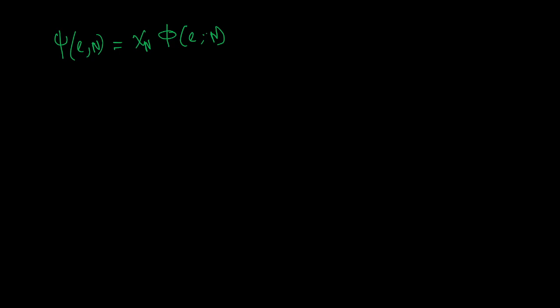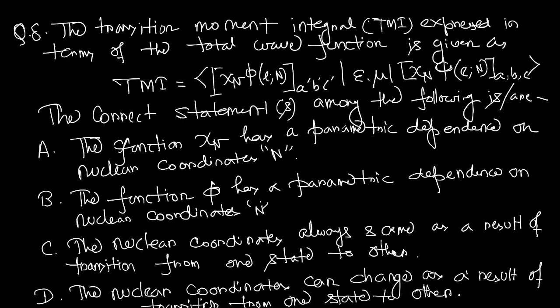So the nuclear coordinate evolves with the vicinity of the electronic environment. Therefore the electronic coordinate parametrically depends on the nuclear coordinate, but the nuclear coordinate doesn't depend on